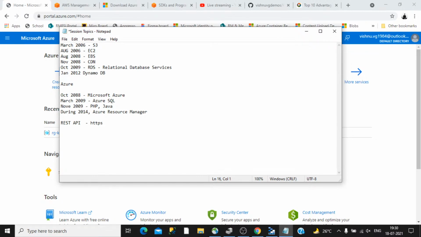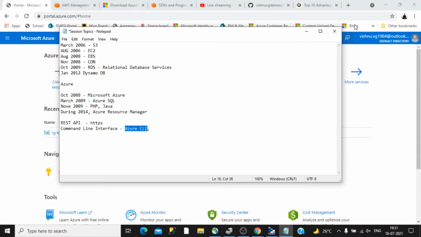Then comes the CLI, or the command line interface. There are different command line interfaces provided by both Microsoft Azure as well as Amazon. From Microsoft Azure, it's called the Azure CLI. If you are developing applications using Azure, you are already familiar with Azure CLI.